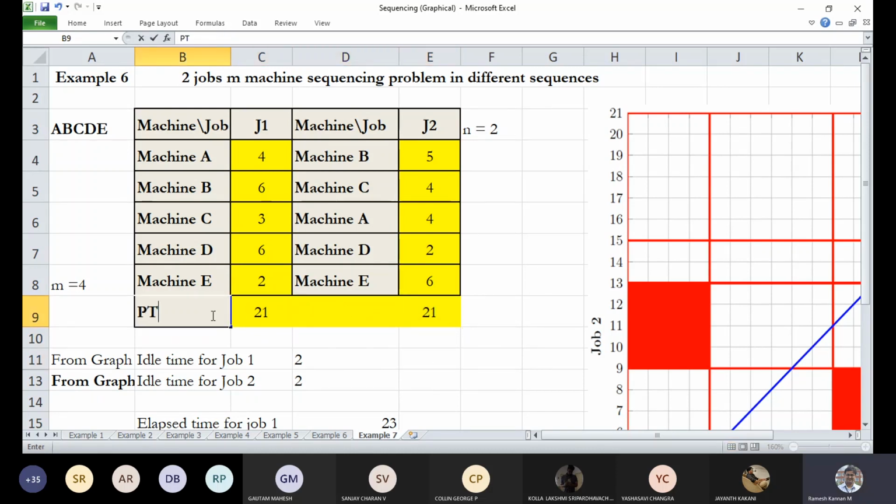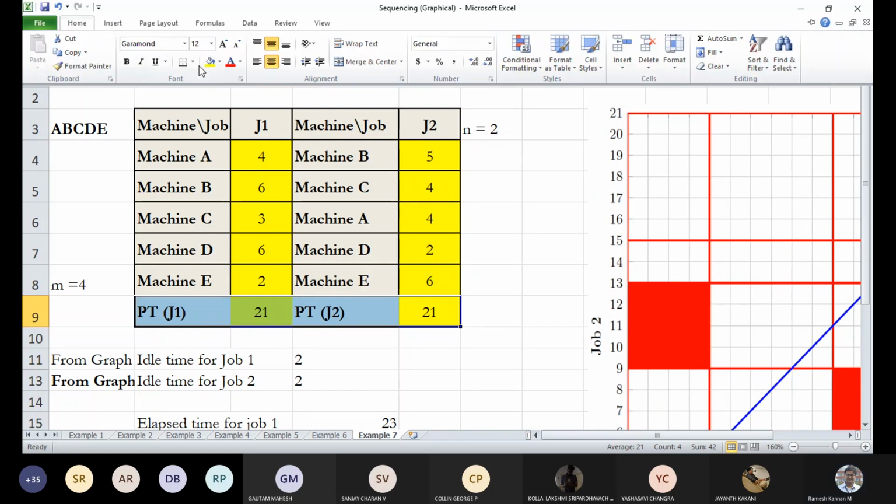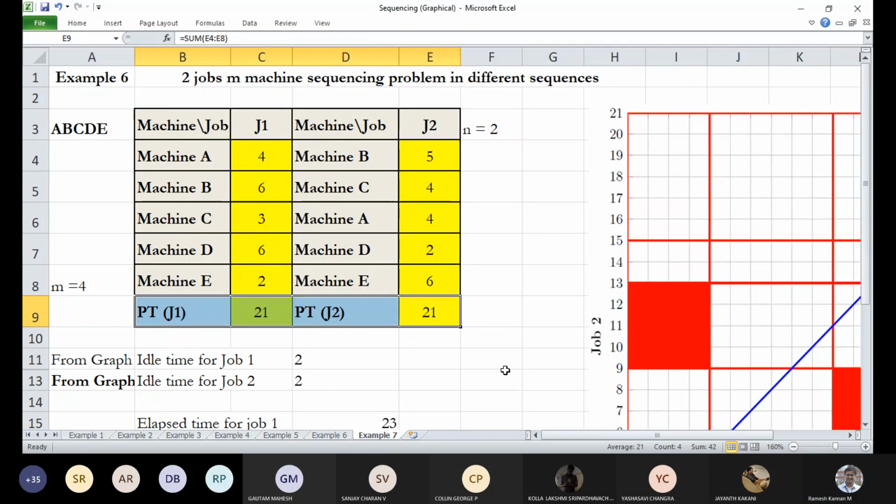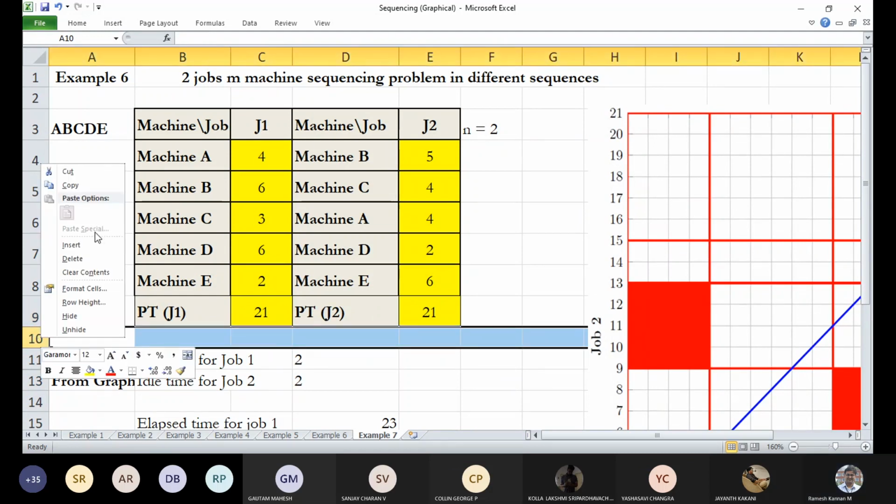This is called the performance time of job 1, and this is also the performance time, but for job 2. So we have got two performance times, which are 21. Luckily, here it is the same, but it might be variable.